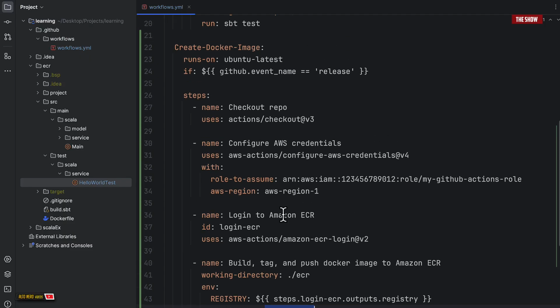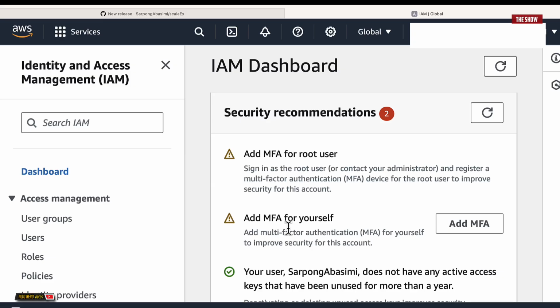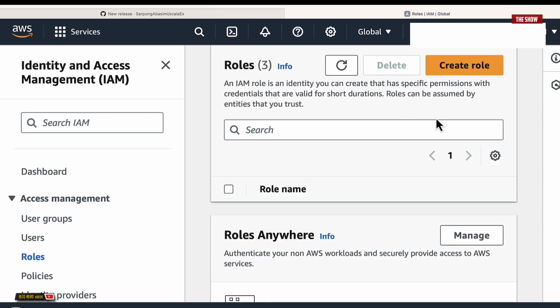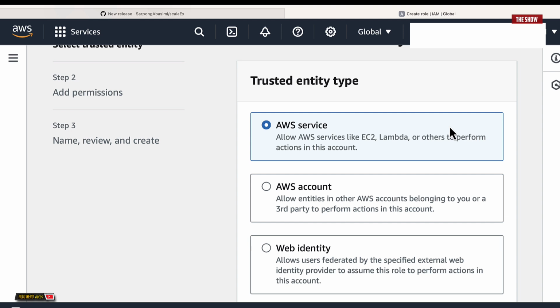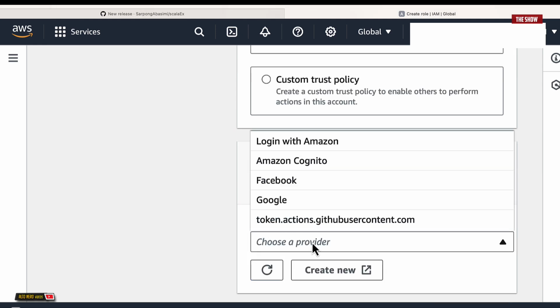The last thing that we need to do is to figure out how we can create this ARN. To create the ARN, what you need to do is to go to the Identity and Access Management IAM dashboard. Once you're there, you click on roles, and then you click on create role. Under create role, you can click on web identity. So you click on this one. For the identity provider, you can click over here, and then you can choose token actions